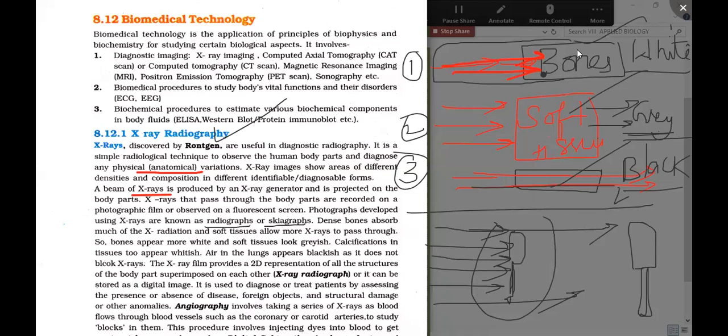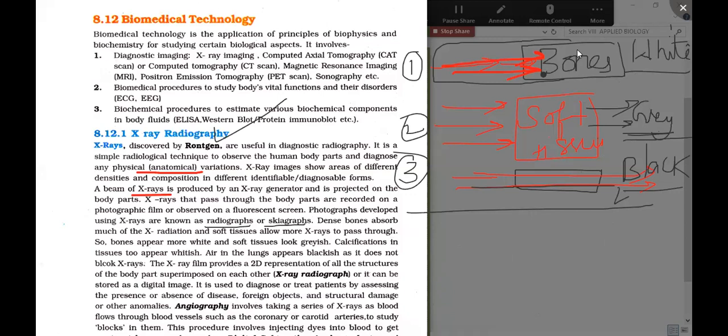If you have indigestion problems or a tumor in the stomach, that can also primarily be detected in the X-ray. You have to remember these 3 points and use them. How you use them is your choice. Nowadays, X-rays are used for bone fractures and for various kinds of diseases.